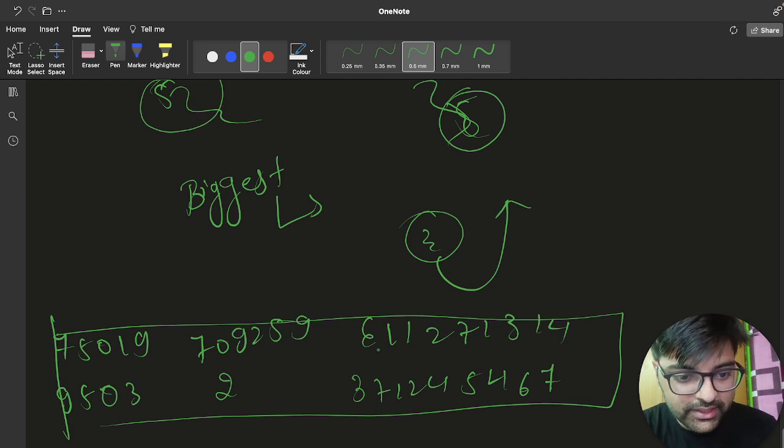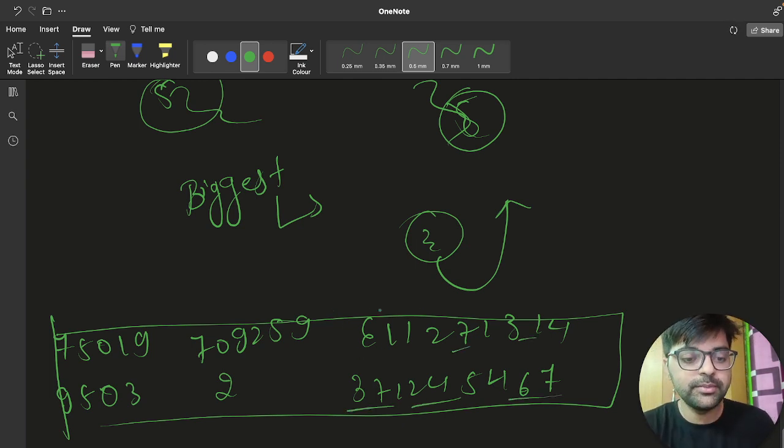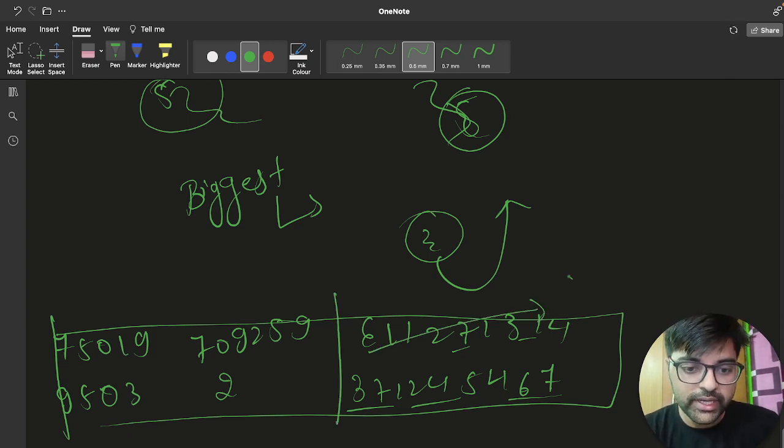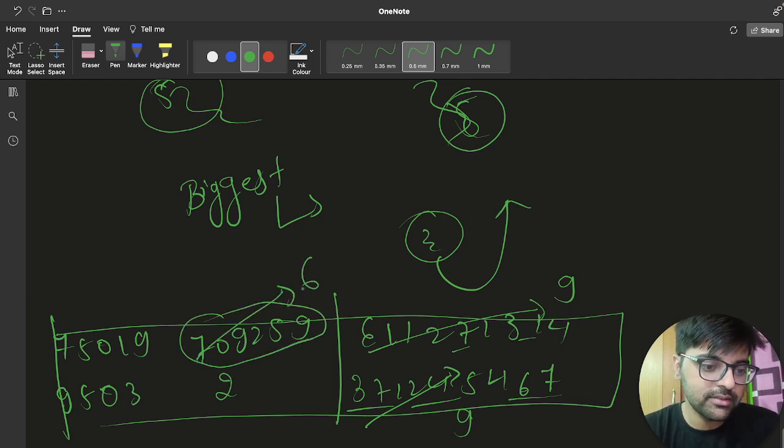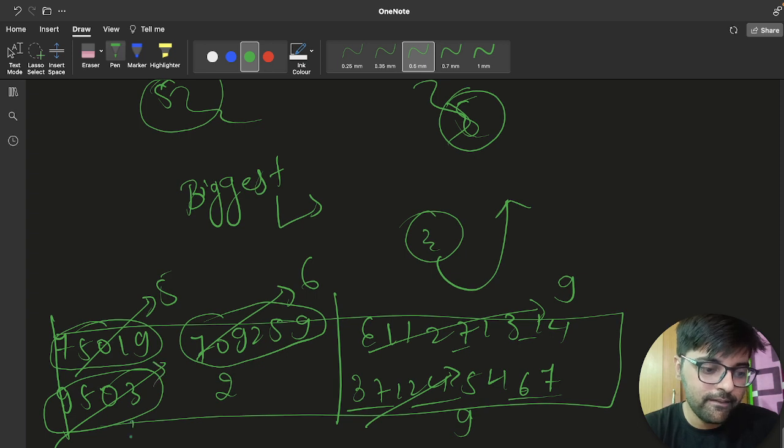As you can see, 33639 and there is 33639. This is the biggest number, right? So this will convert to 9, and now this will get the biggest number. This will become 9. Now again this is the biggest number, 709259. So this will become 6, and now this will become our biggest number. So this will become 5. Then this will become 4, right?